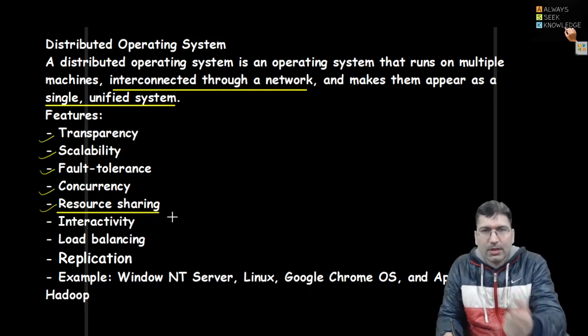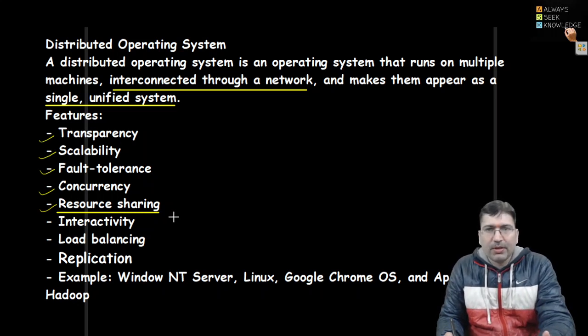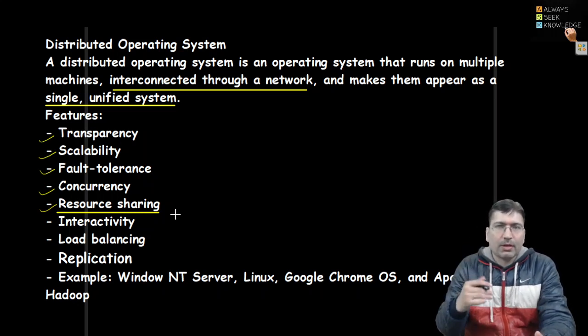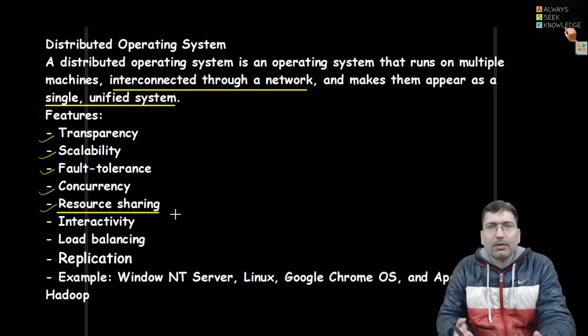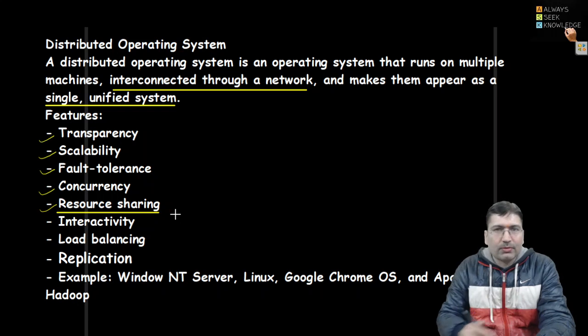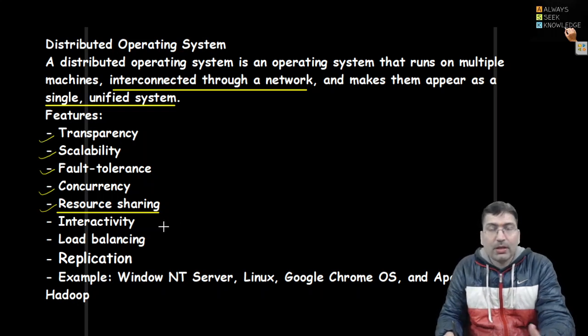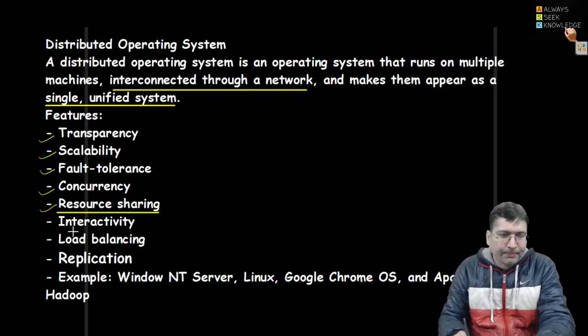So let's say there is a single printer and in a building we want to share it, so that from the very first floor I can give the command of printing, or the 10th floor user can also give the command on the same printer to print. Nowadays you may share your printer on Google, right? You are aware this is also a kind of distributed environment which Google is providing.